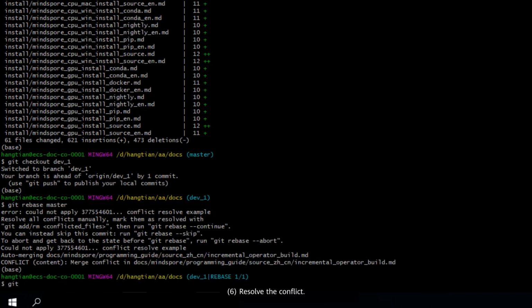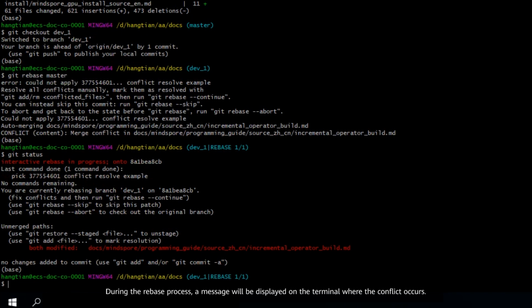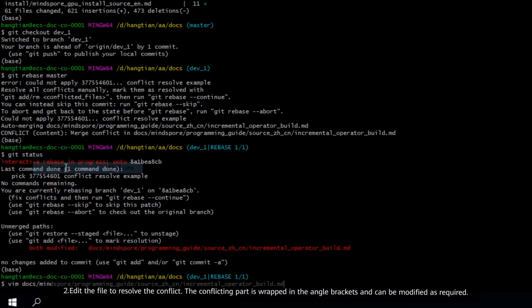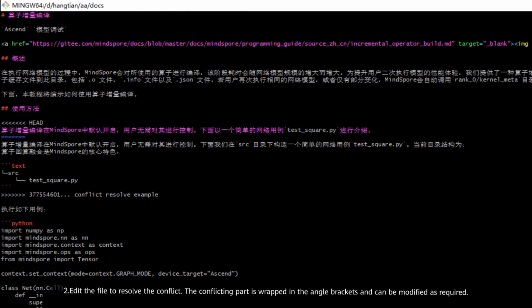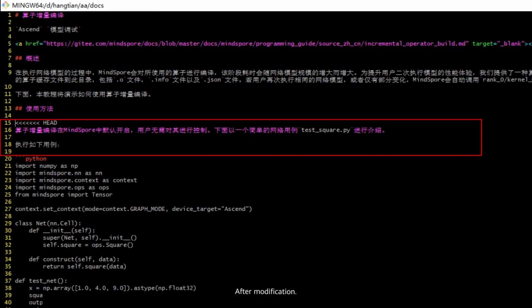6. Resolve the conflict. During the rebase process, a message will be displayed on the terminal where the conflict occurs. 1. As shown in the figure, a conflict occurs. 2. Edit the file to resolve the conflict. The conflicting part is wrapped in the angle brackets and can be modified as required. Before modification. After modification,